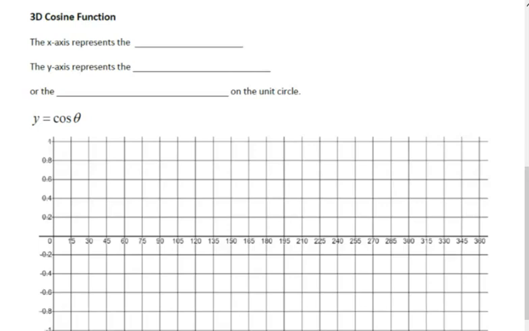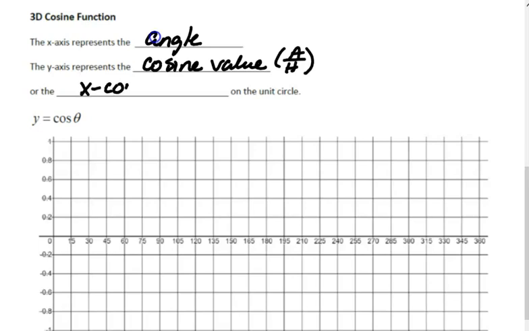Now in a cosine function, the x-axis still represents the angle, but the y-axis now represents the cosine value, which of course is adjacent over hypotenuse. On the unit circle, the adjacent side is the x-coordinate. Now this is a little harder to picture than the sine, so I want to look at a couple graphs